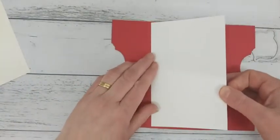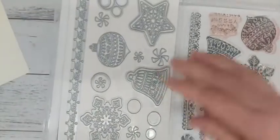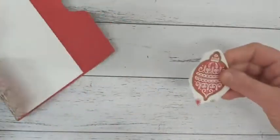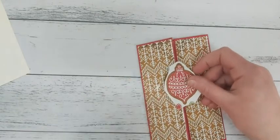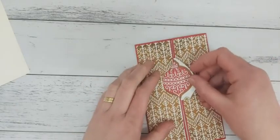And what I've then done, using the designer series paper as well, is, I do have the stamps, so you can actually stamp out an image, but the advantage with the stamp set, Frosted Gingerbread, is that it has the outer images as well as the inside images. So if you want to, you can make a more delicate die for that, and you can also cut out the designer series paper with those dies. But if you take your designer series paper and cut around the outer edge, it gets raised up using a dimensional, and I would probably just take a fraction more off it, trimming a little bit more of that brown around there,